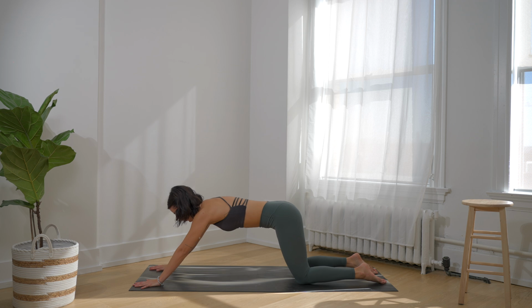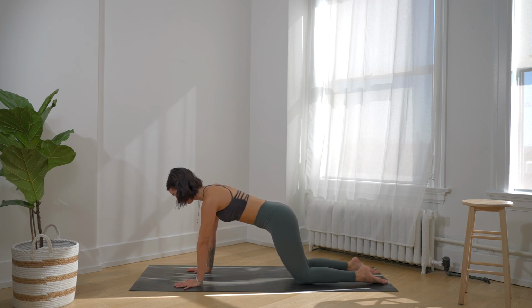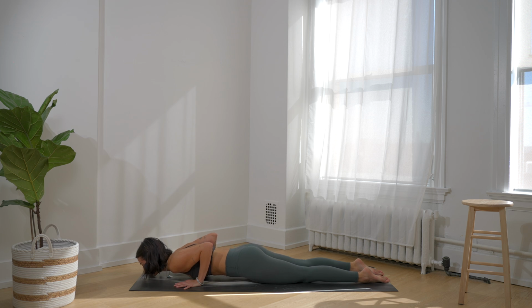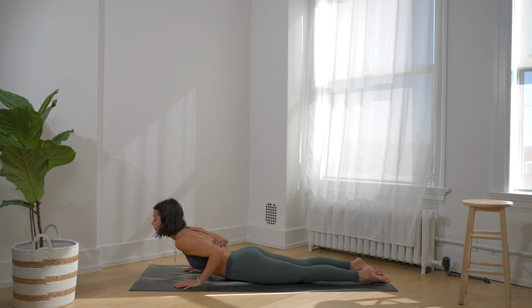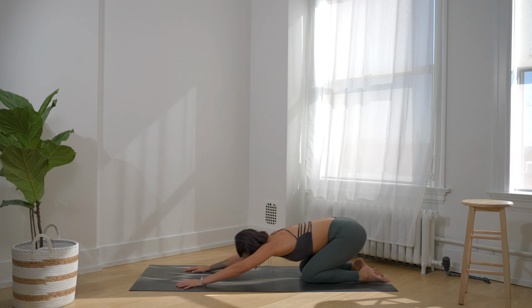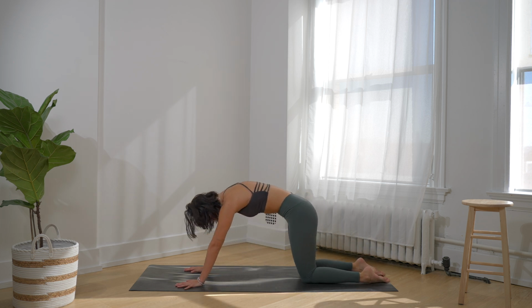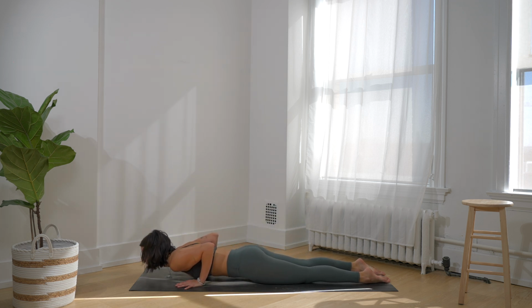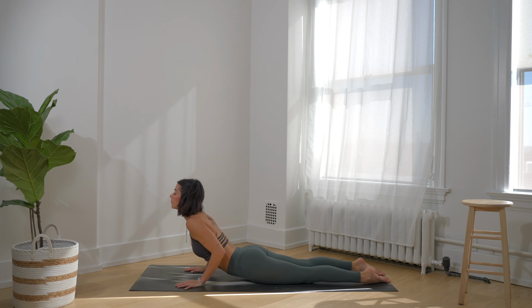We'll slowly start to ripple back up, bringing our hands underneath our shoulders. And then we'll come back into plank and exhale all the way down into the ground. As we inhale, we'll press into our hands, baby cobra, and exhale, child's pose. We'll ripple forward back into our half plank here, exhaling to come down, inhaling to push up, baby cobra, and